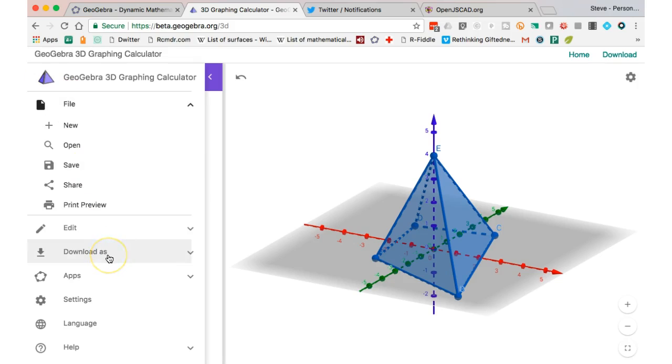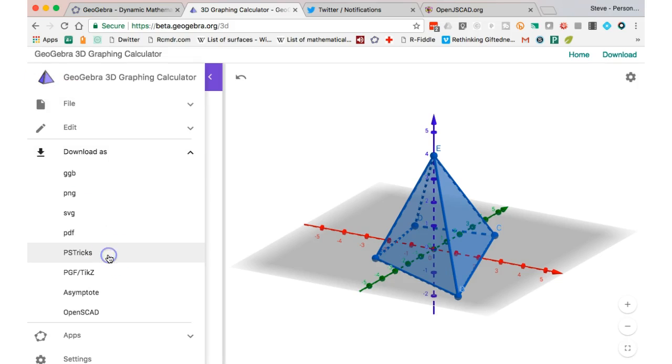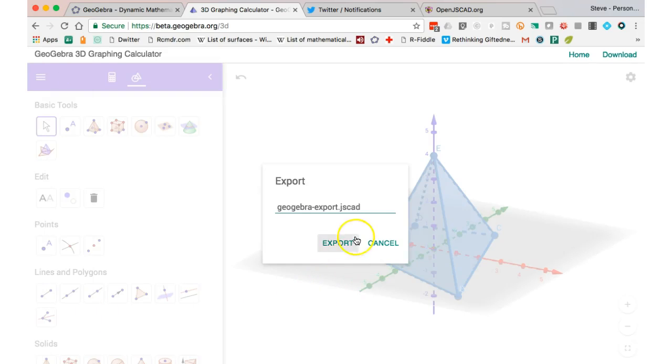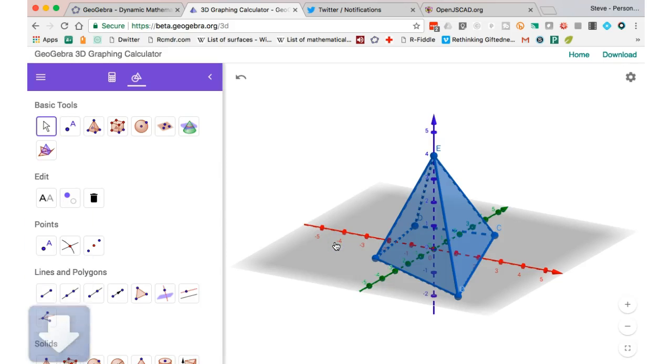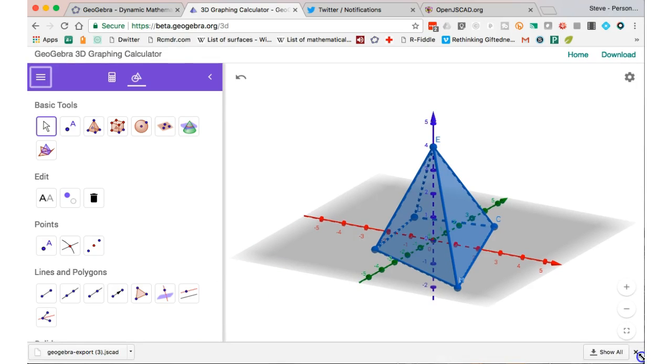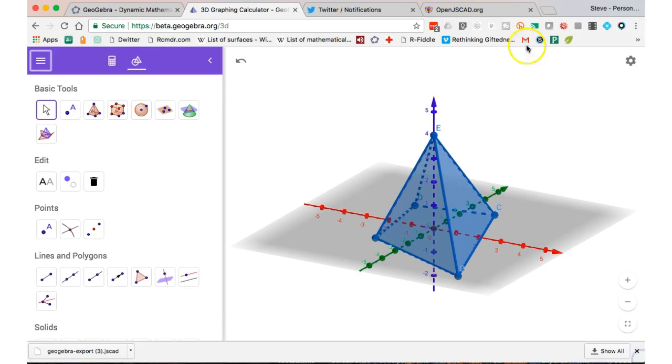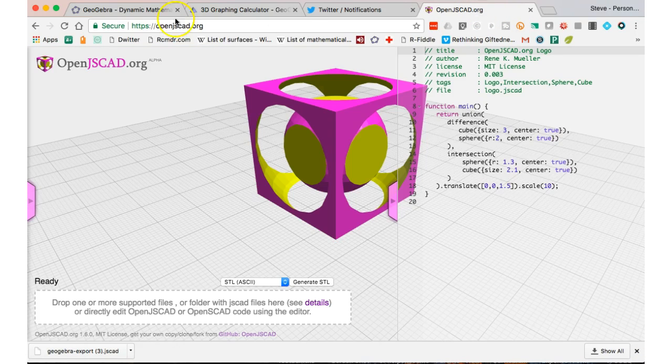I go to Download As. If I click on that, I can download as OpenSCAD. But notice it is JSCAD. That's just an online version of OpenSCAD. So we'll export that puppy and see what happens. And so you can see that on the screen. There that is. And then I go up here to